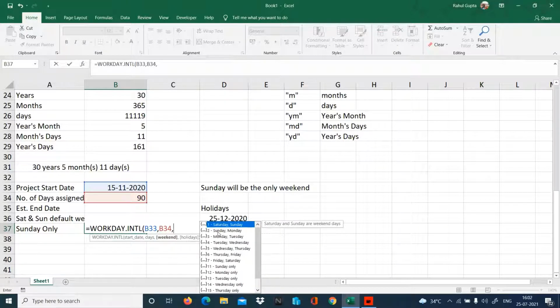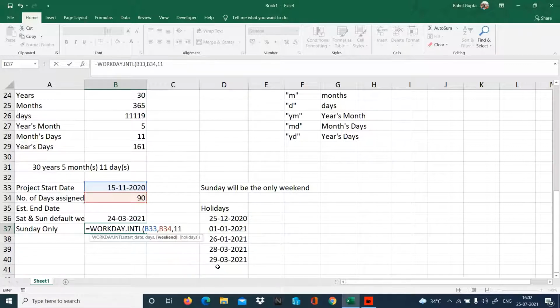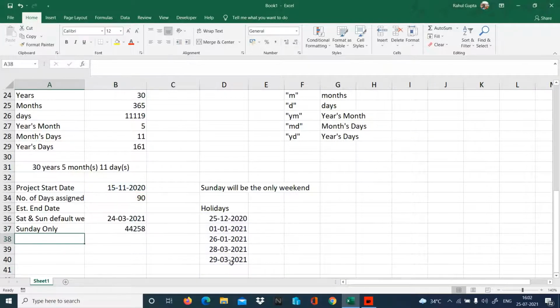So we have a list of weekends in which 11 is Sunday only. So I'll select number 11, comma, holidays. Now close the bracket, enter. Again I have to convert it to date. The 3rd of March 2021 should be the last date to complete this project. So that's how we can get this.